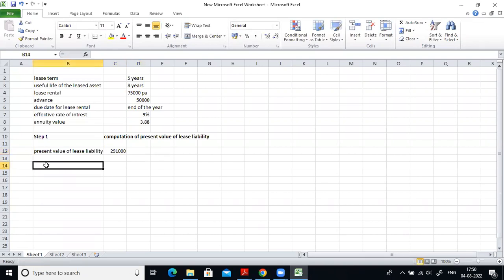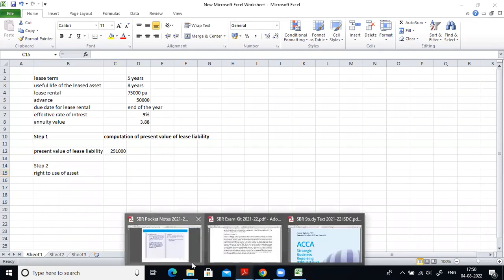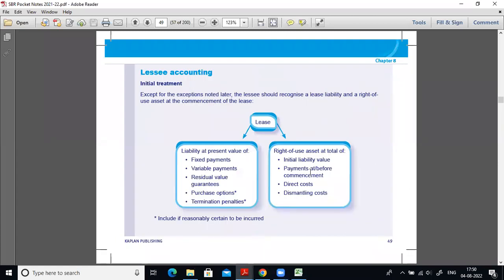Then step 2, we should recognize the right to use of asset. The second one is we need to compute the right to use of asset. Now, generally, what we need to include in the right to use of asset: first we'll be recognizing the down payment which we made, nothing but the advance amount, that is 50,000. And we should also recognize the present value of the lease liability which we got from step 1. And in addition to this, we should also include direct cost, if any direct cost incurred